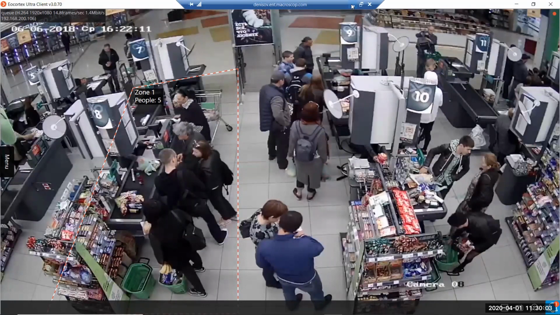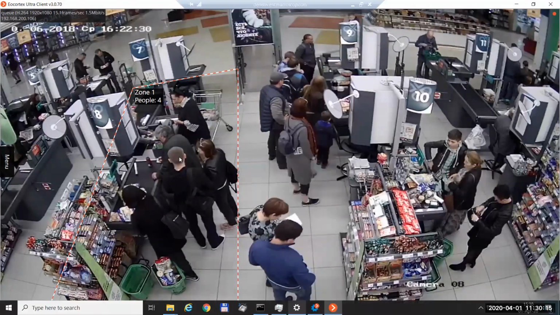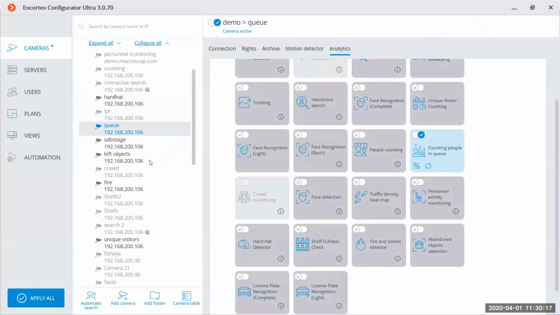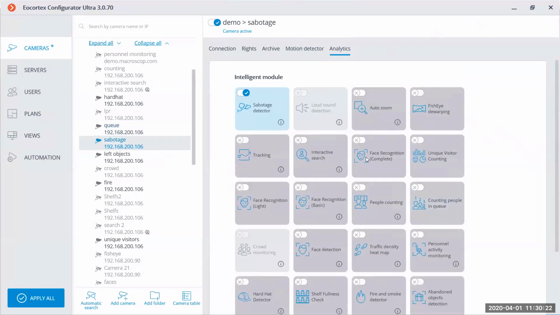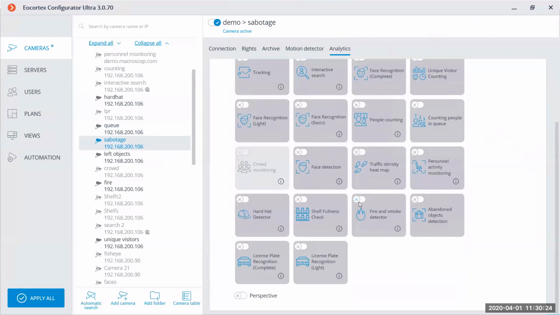Next question. Can we enable sabotage, fire, abandoned object in one camera? I think yes, these 3 modules we can enable at the same time. Let's do an experiment right now. For example, select the sabotage module, enable also the Smoke&Fire and abandoned object detection at the same time.